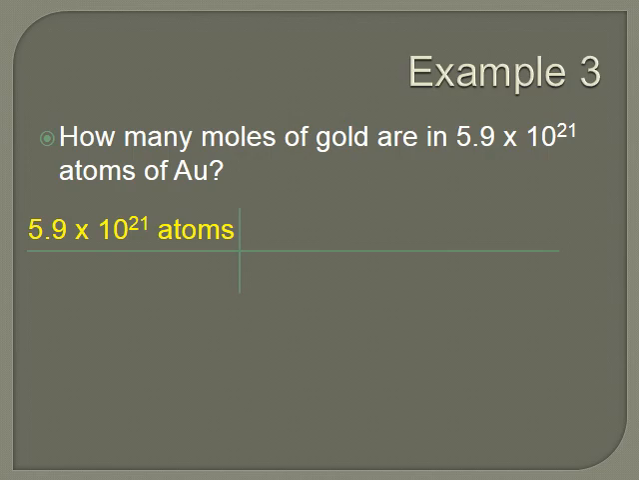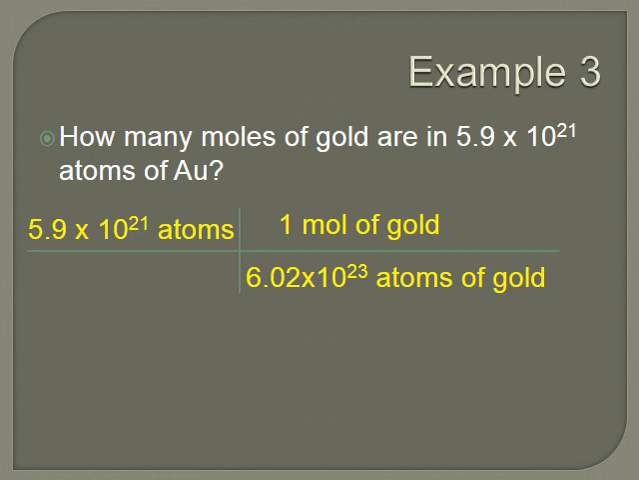Again, we're going to use that conversion unit. Except for this time, we're going to put atoms on the bottom so that it cancels out. And we're going to put 1 mole on top. So our atoms cancel out, and we're left with moles. That's what we want. Because we have the 6.02 times 10 to the 23rd on the bottom, we're going to